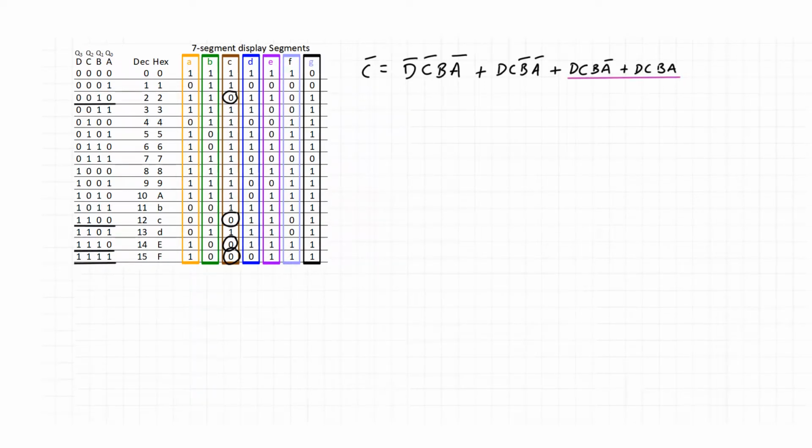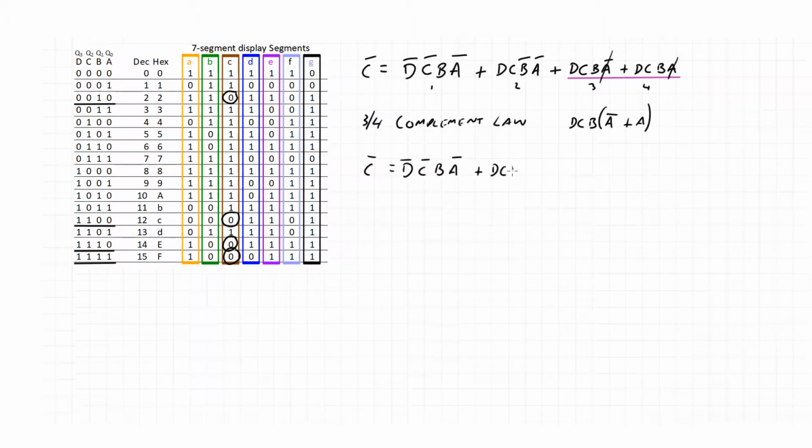So I'll highlight them, number them. So terms 3 and 4, complement law, because they both have DCB and they have A or not A. So the value of A doesn't matter because both terms are true. So A is redundant through the complement law. So just write out again what we have now,